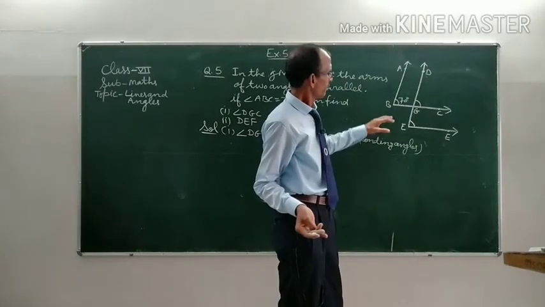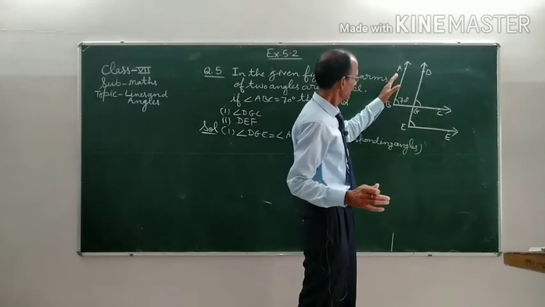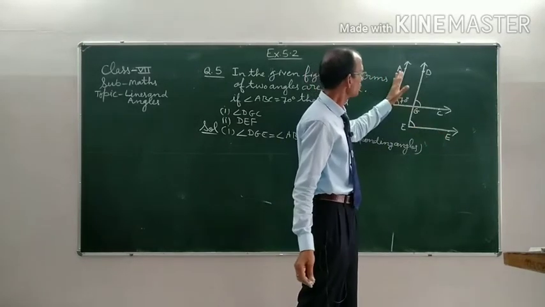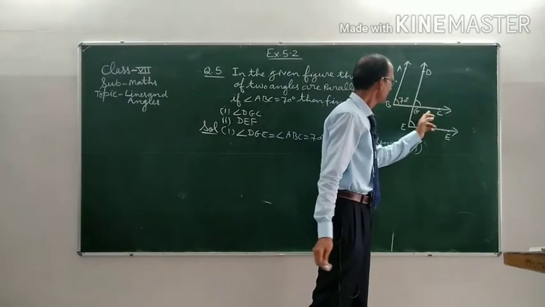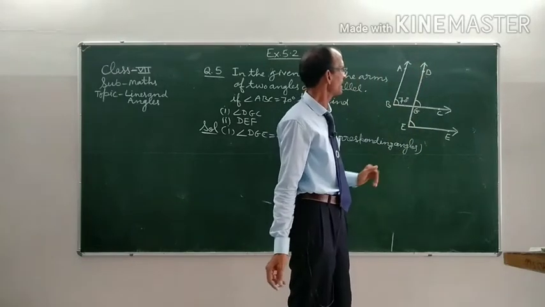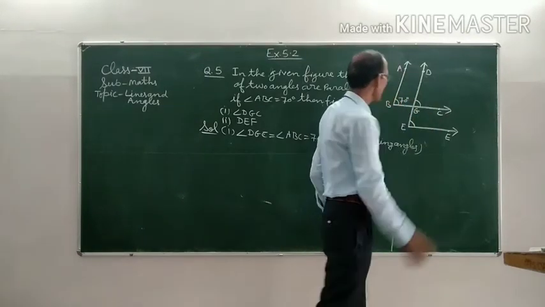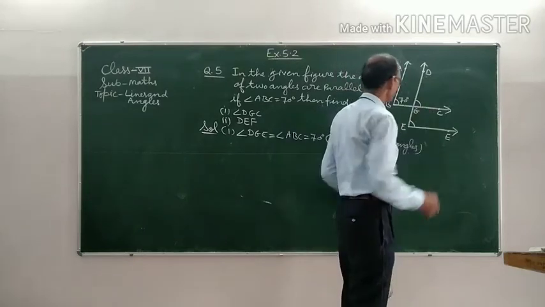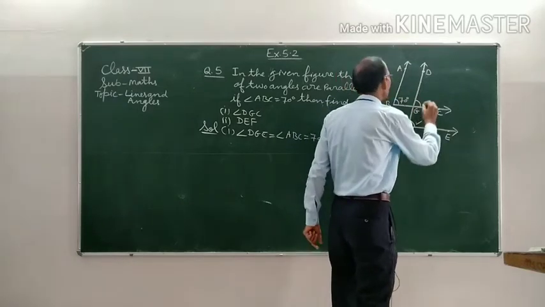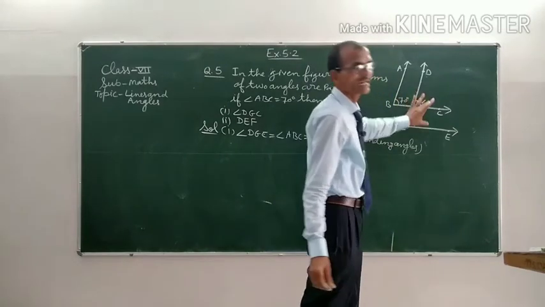Here we have the same case. This arm BC of angle ABC is parallel to EF, because we are given that arms of the two angles are parallel. So BC is parallel to EF, and here D acts as a transversal intersecting BC and EF. Okay, then this angle DEF is equal to angle DGC. Why? Because these are corresponding angles.